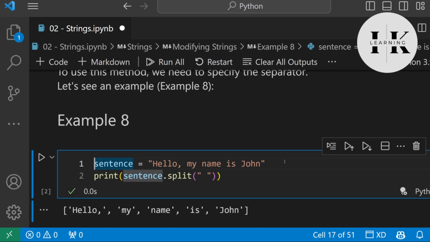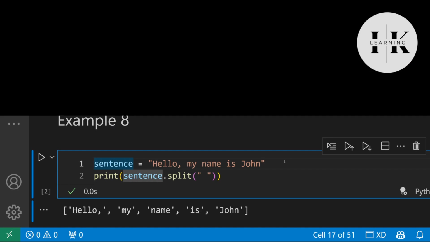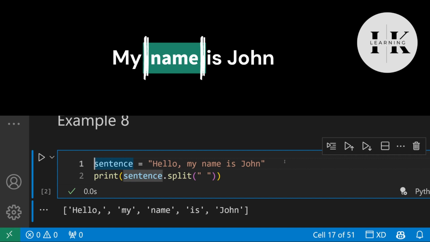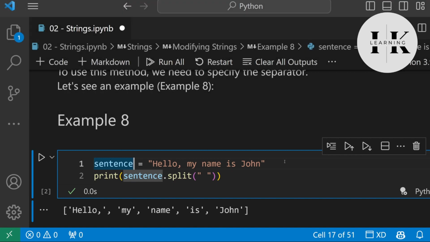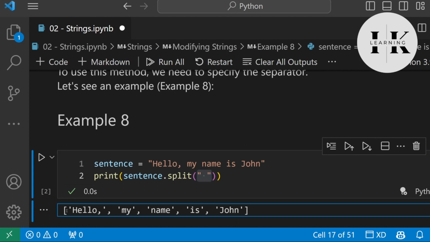The next method we're going to see is the split method. The split method essentially splits a string based on a provided separator. So if we take our example over here, we're storing "hello, my name is John" inside a variable called string. Then we're printing out sentence.split, and the separator that we want to split our string based on is going to be simply a white space. Now the result that we're getting is a list of strings. We can tell that it's a list because we have square brackets in the beginning and the end of it, and we have commas separating each object inside the list.